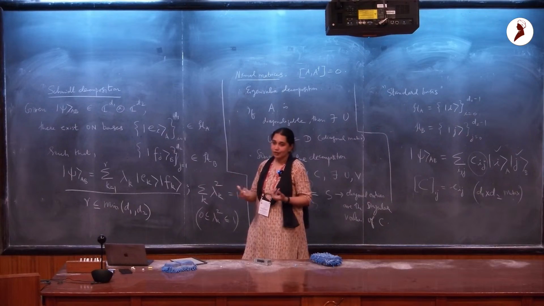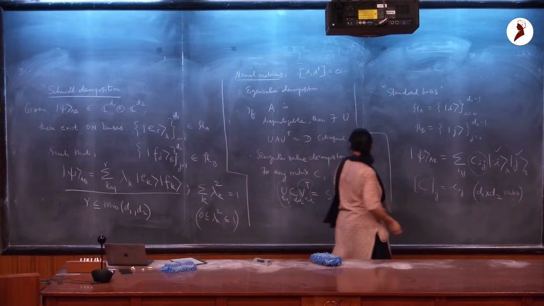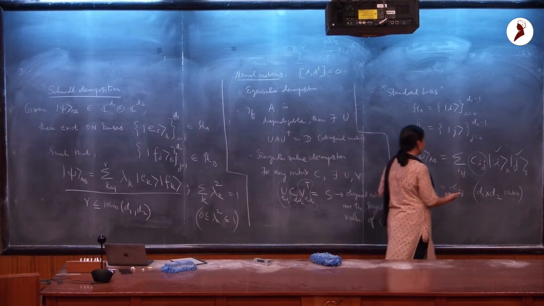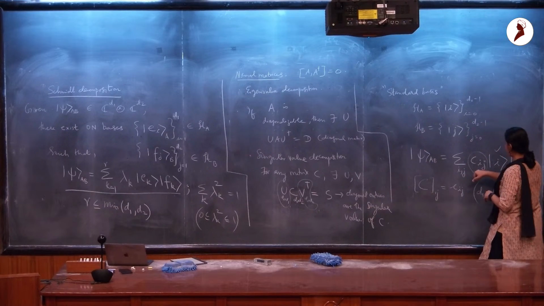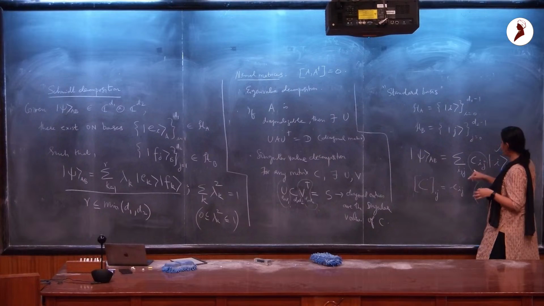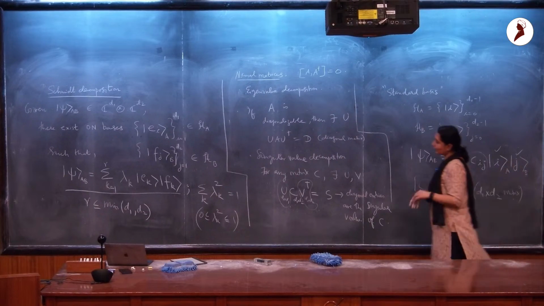Now if it turns out that, when I do this, this matrix has only one, how many singular values does this matrix have? If it turns out that it has only one non-zero singular value, then this expansion has just one term,